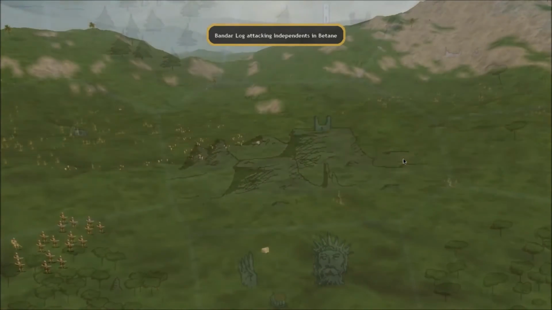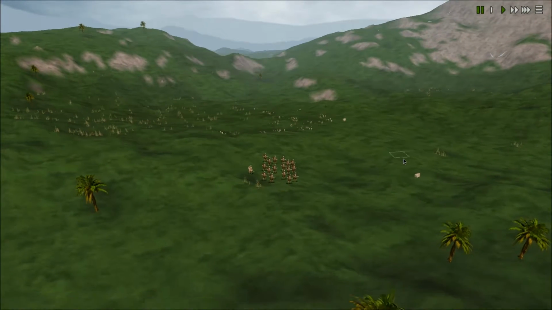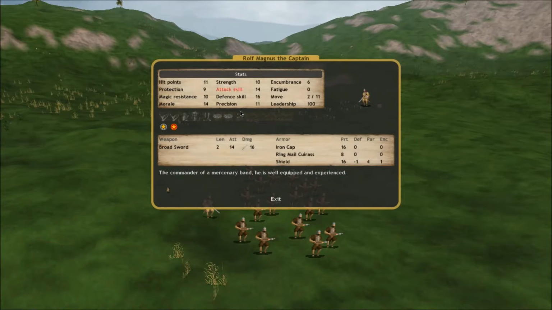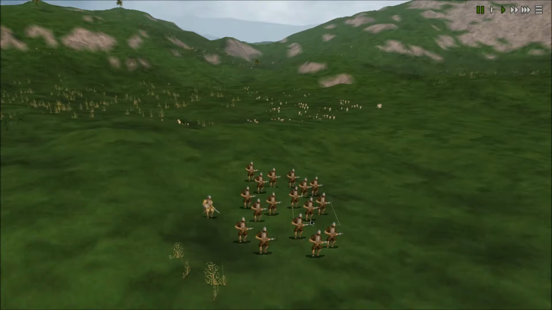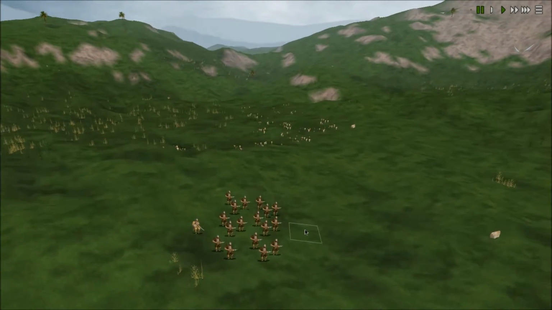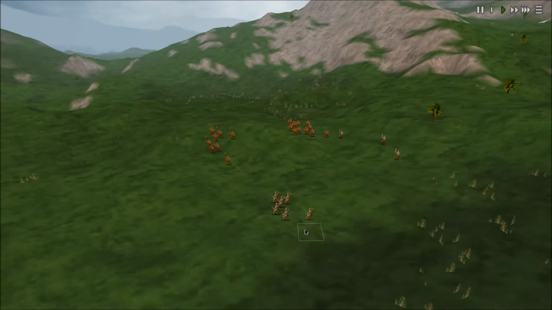So this is our spy in action. The good thing about this is we get to see what our enemy is using. Is this the province defense? I think this is a mercenary unit. Rolf Magnus, the captain, and his crossbowmen have been employed by the monkey people. These are the hairless ape variants, and they are fighting their small province defense,